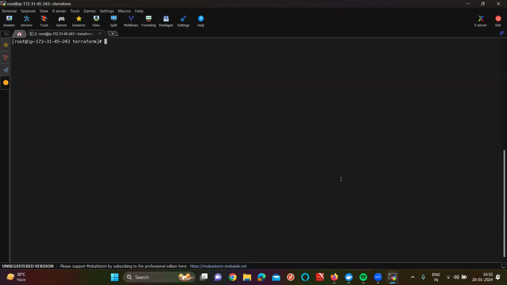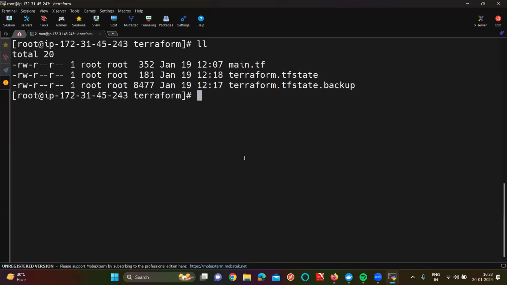In today's session, the first concept is going to be Terraform locals. But before the Terraform locals, let's create the